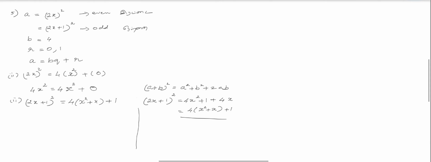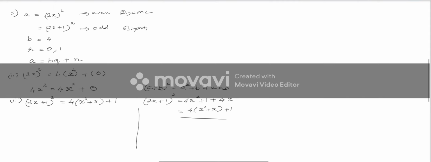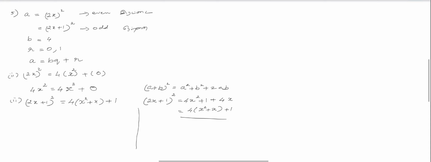Using the lemma, now we can say that our quotient is x square plus x and the remainder is 1. So when do you get a remainder 1 in this sum? For an odd number, we'll be getting the remainder 1, and for an even number, we'll be getting the remainder as 0. Are you clear? Yes, children, we'll move to the next one.